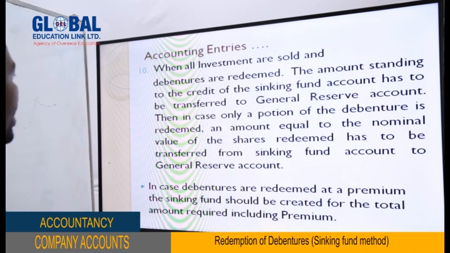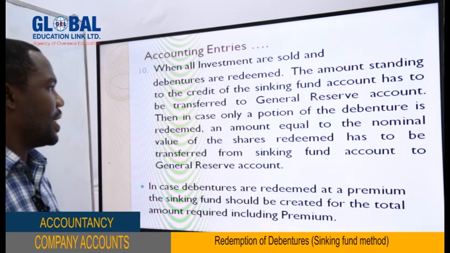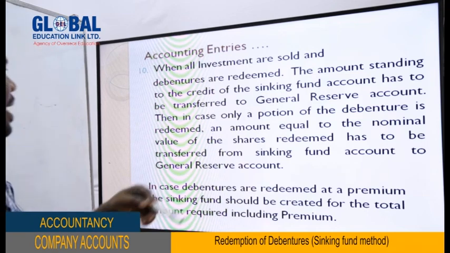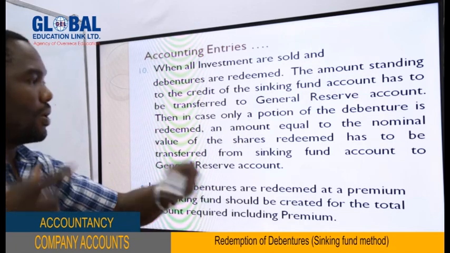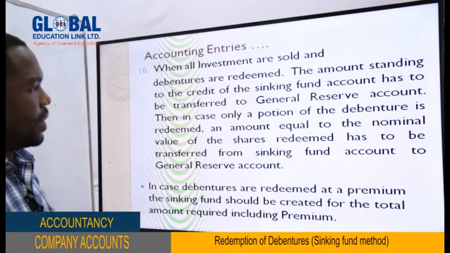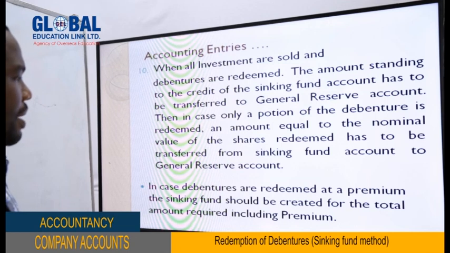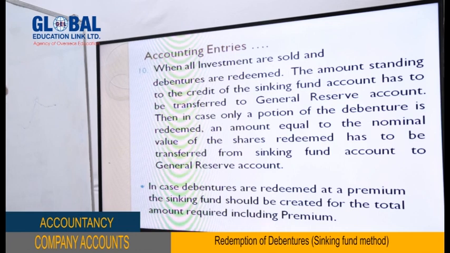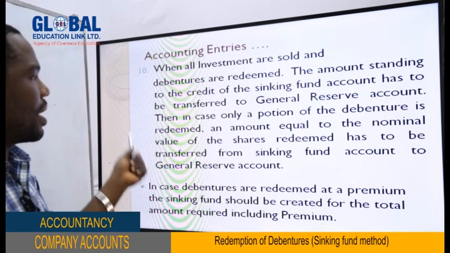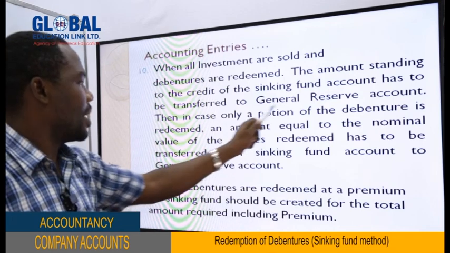So far, when all these investments are sold and the debentures are redeemed, then of course there will be an amount standing to the credit of sinking fund. So we need now to close this sinking fund, because we were setting aside this amount for the purpose of redeeming, and we have realized our asset, that is investment account. Then this amount that was being set aside to the sinking fund account will be now transferred to general reserve